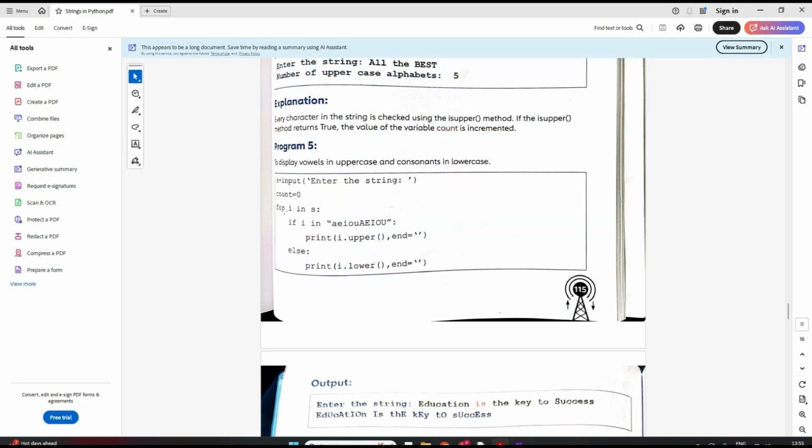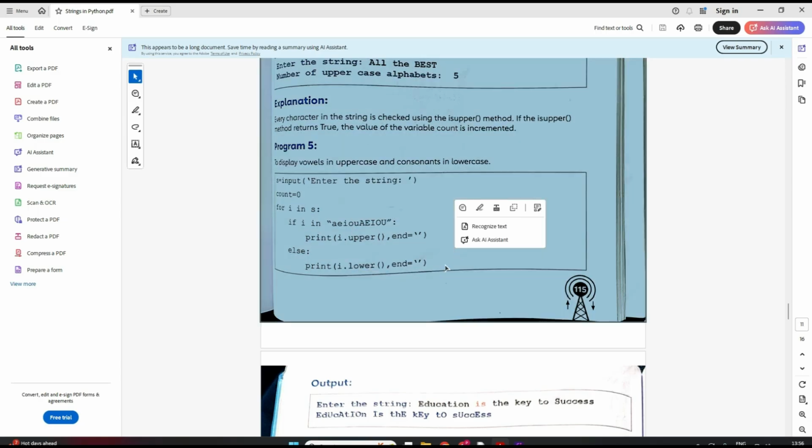Now they are checking if I, the first character, is any of these, which are all the vowels in lowercase or uppercase. If it is any one of these, they are printing it in uppercase, because they are saying display vowels in uppercase. So they are just converting it to uppercase and printing, and we are using this so that it comes in a single line. Else, if the character is not any of these, that means it's a consonant and we are printing it in lower. That's it, finish.